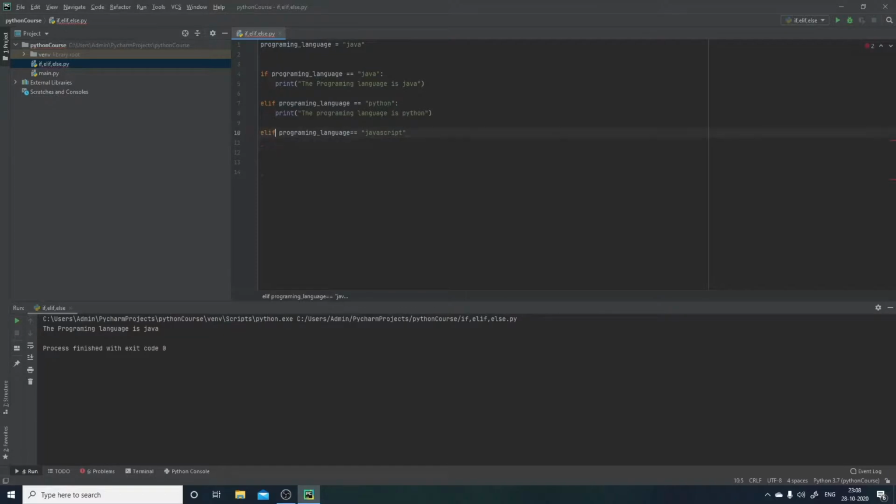You can do that as well. You can write as many elif conditions as you want, as well as you can write many if conditions as you want, but there's no point of doing that. You only use more than 2 if conditions in the same place if you want both of the if conditions to execute either way. Okay, so let's write the programming